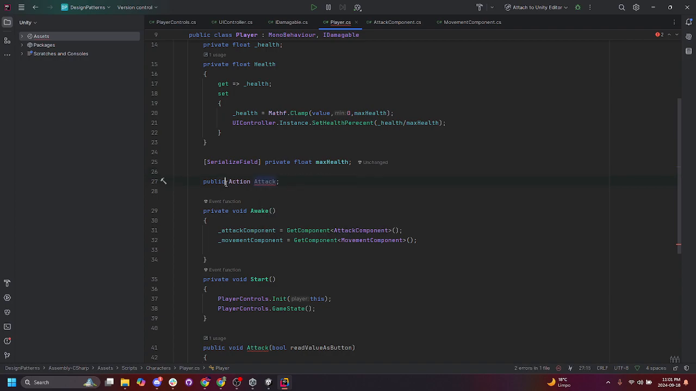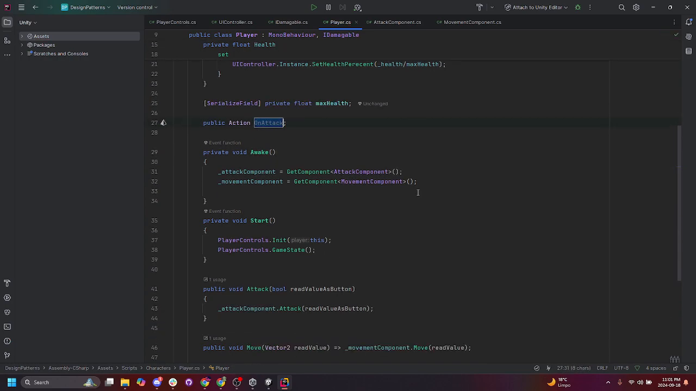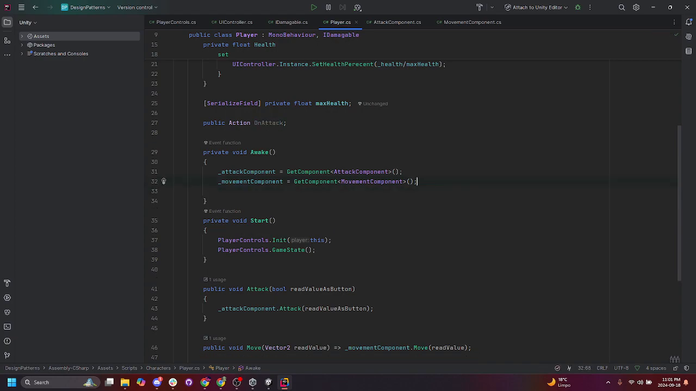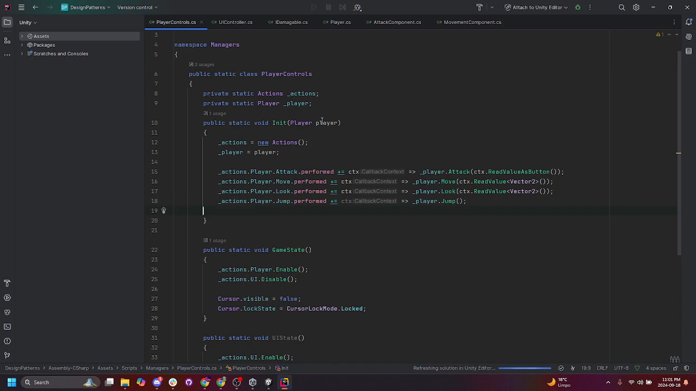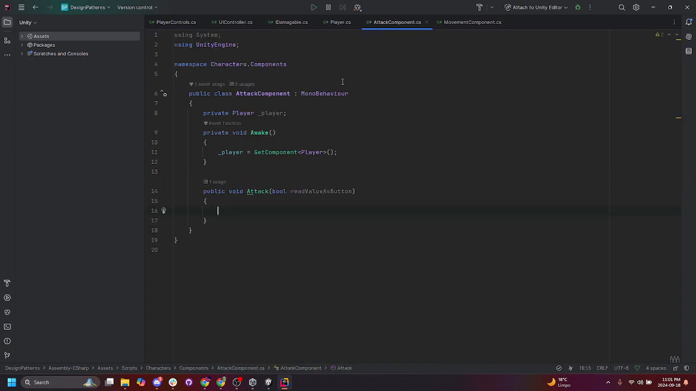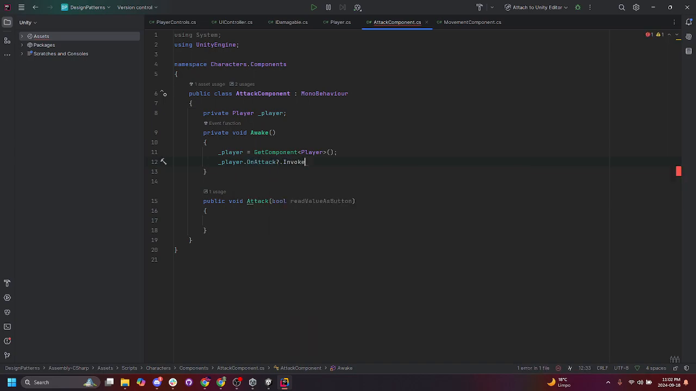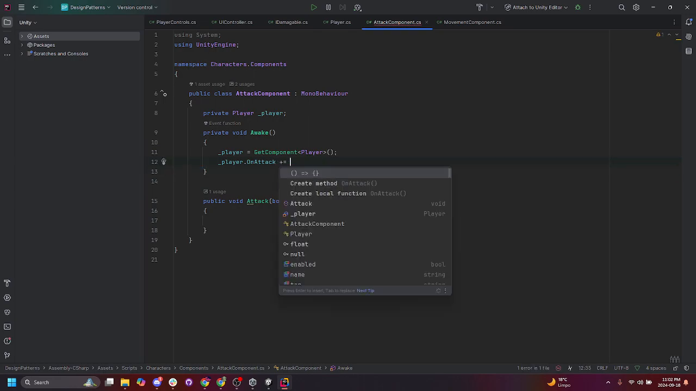So we're not going to say event this time because we want to invoke it from another file. But let's say on attack because it's an action, and then in awake we can bind it to whatever events we need to bind it to, or we can do it elsewhere. For instance, we can do it in here where we have a reference to player. Or we can even do it in attack component where we can get a reference to player, which would take this a little bit away from the mediator component, but we can say player.onAttack dot invoke. Or we can bind ourselves to it. So we can bind, and then we can say,